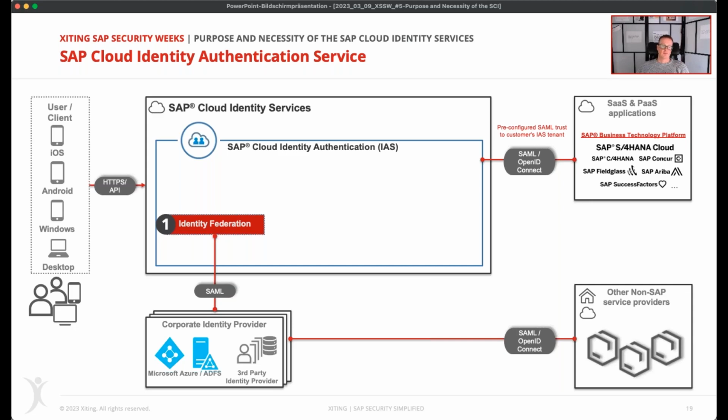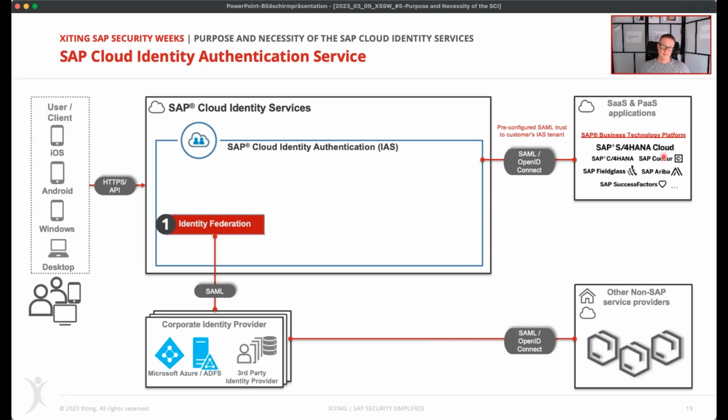So that's again the picture about the Identity Authentication Service. As I said before, quite often you have all your SAP applications centralized, so trust management is centralized. You connect every application. And by the way, even SAP on-premise applications can be connected to the IAS free of charge.